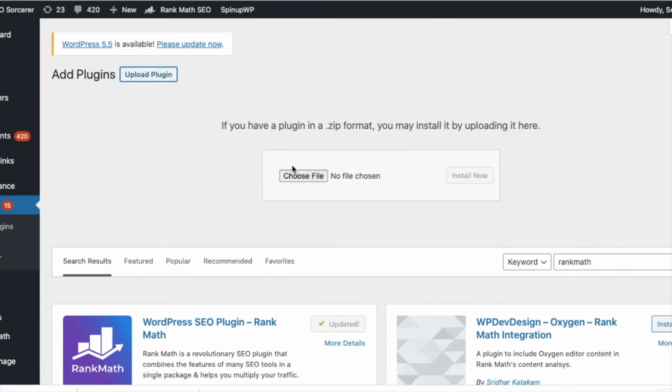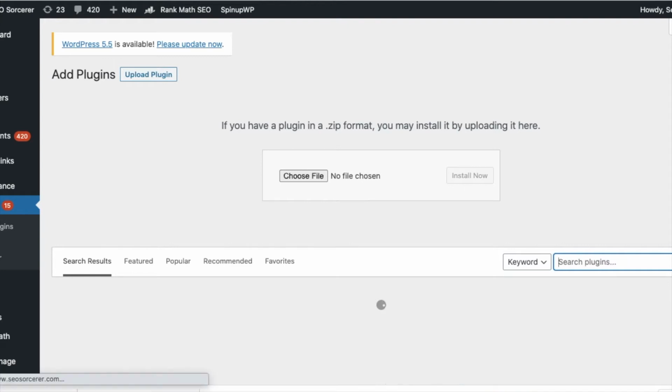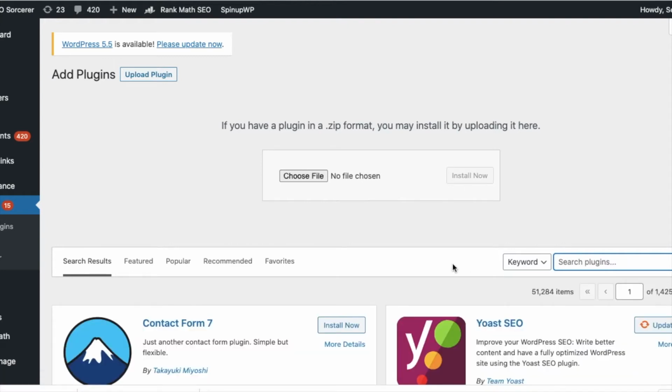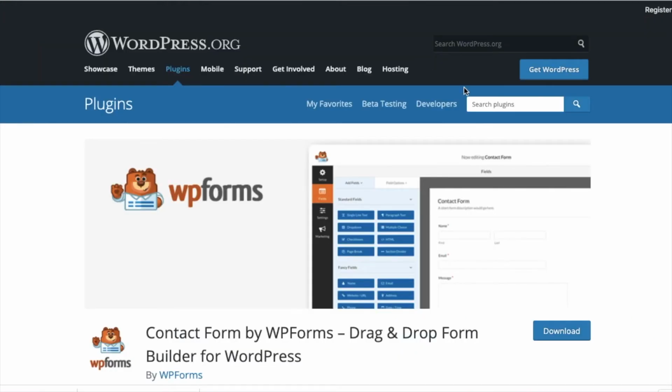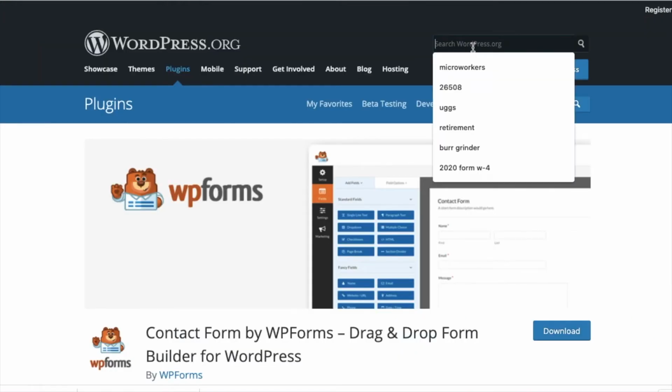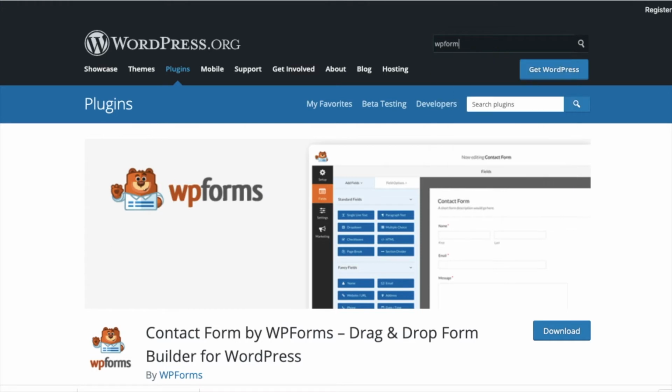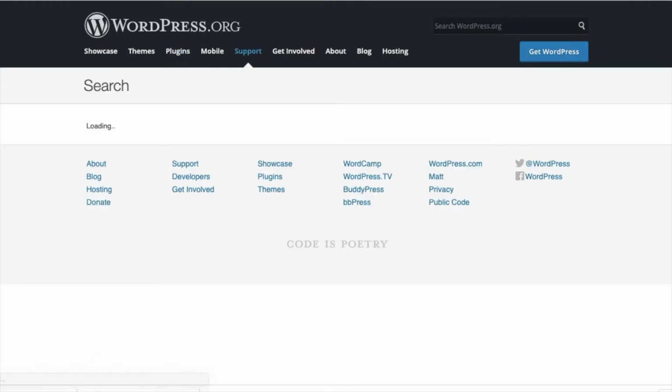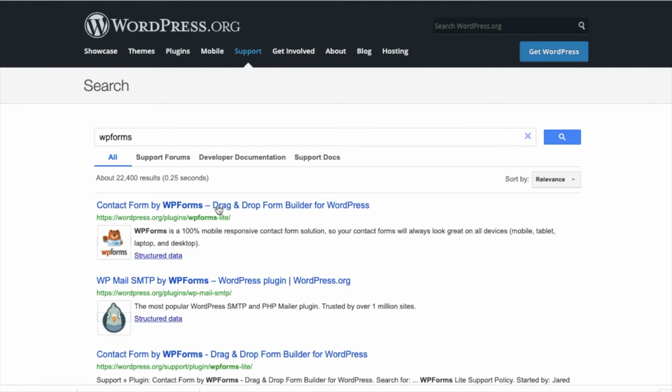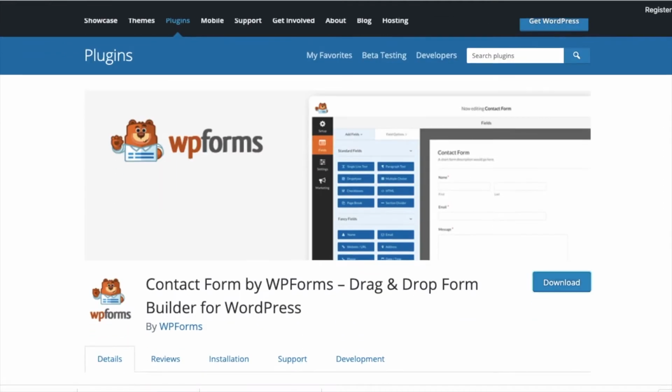If you're not able to find the plugin by searching, sometimes if you purchase a plugin or you have another way to get it, you'll have to actually download it. So you're going to go to WordPress.org. You're going to search up here for the name of your plugin. I already searched for mine, but I'm going to do it again. WordPress Forms. There it is. All right, once we download it,